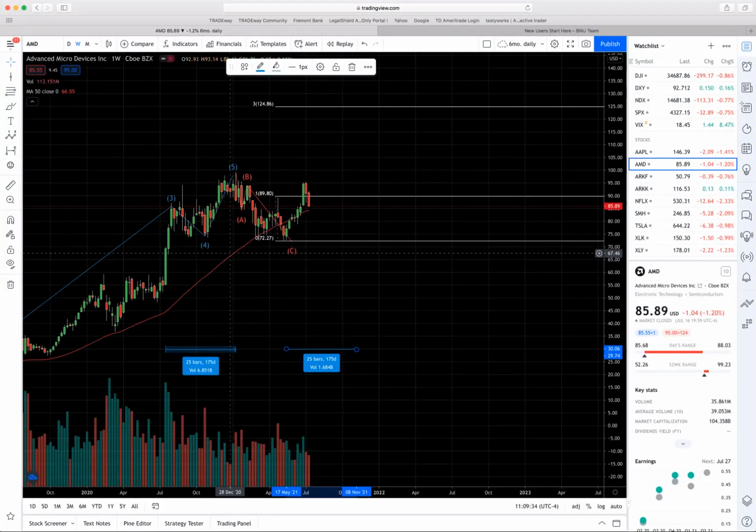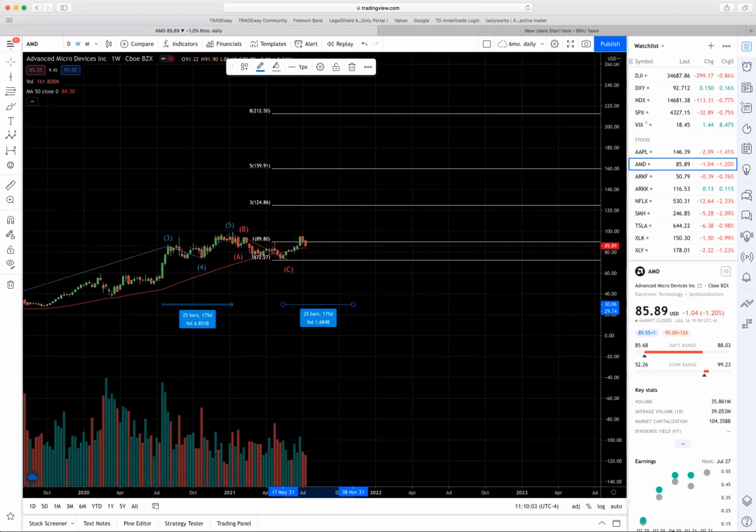So I didn't use the whole cycle for it to get to number 3 on this one, because that's obviously way too long. I mean, AMD has way more momentum. Great company, finances are looking good. It's taking over Intel's space, competing heavily in the market, and its popularity is growing. It's not going to take 1,000 days to get from this recent low to 124. Maybe 1,000 days to get to maybe the 5 line, but definitely not 124.